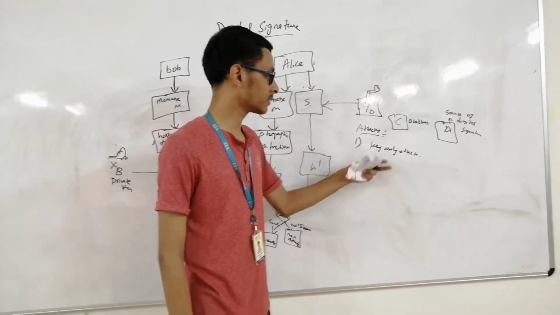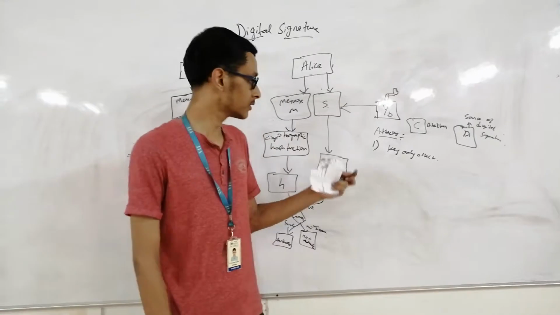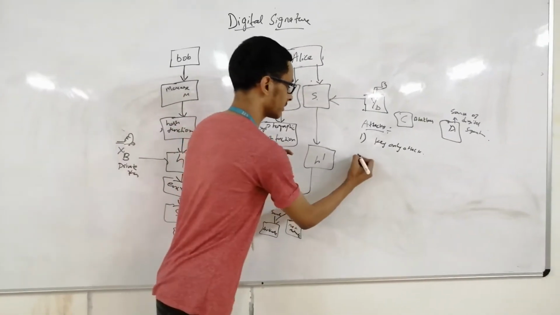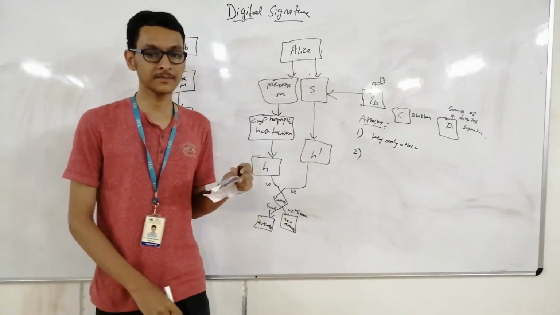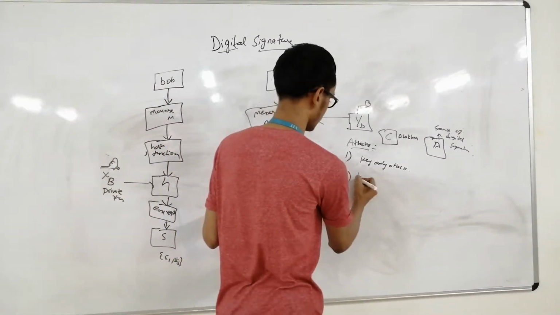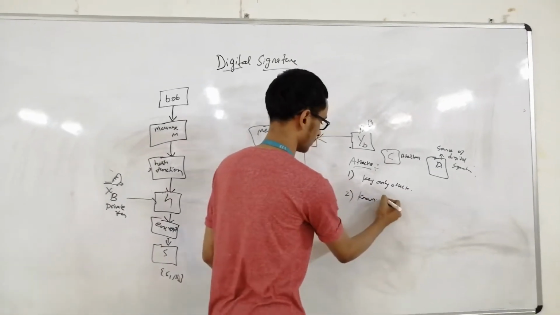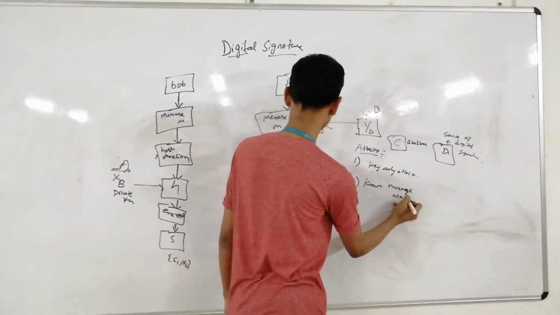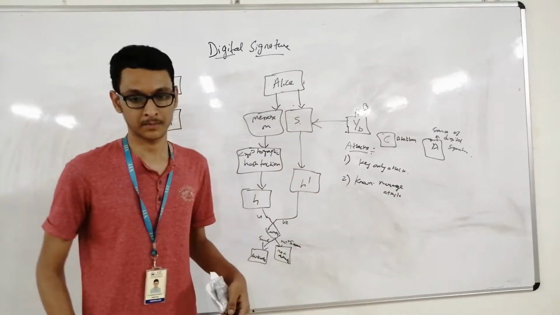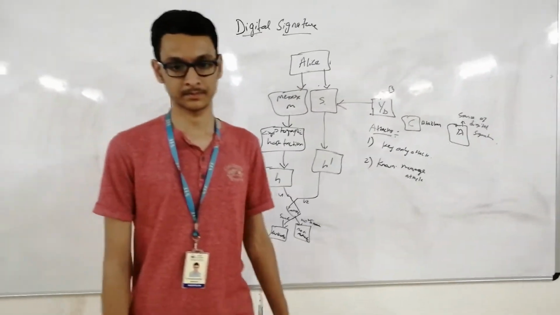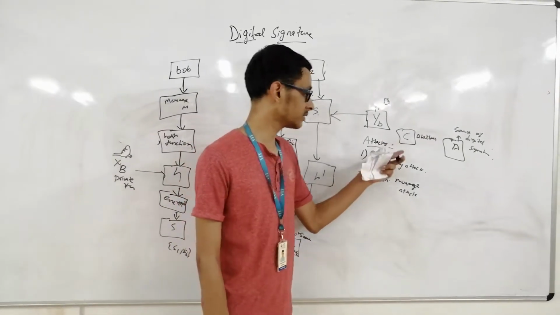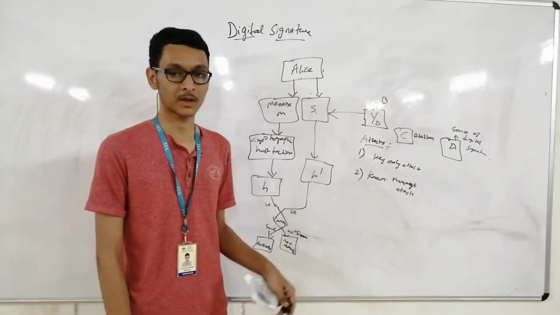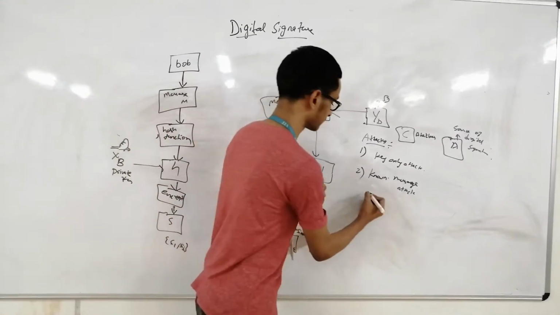So during the key only attack, C will know only the public key of A. So this is the first attack, and the second attack is the known message attack. In this attack, C, the attacker, will know the set of messages and their signatures. And the next attack is